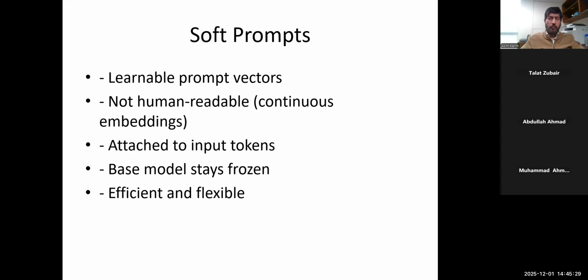You can, of course, have more than one vector, but that's an example in which there is one vector. So this is soft prompt in general, where you have vectors attached to the input that you adapt. And of course you need input output examples for this. So you will have to give multiple examples like this: you have a sentiment, then this is a good mass movie, this is a mass movie, and so on. You will give multiple examples so that it can learn it.